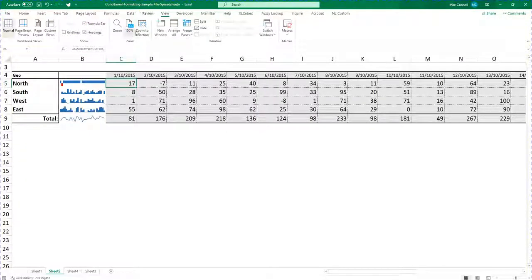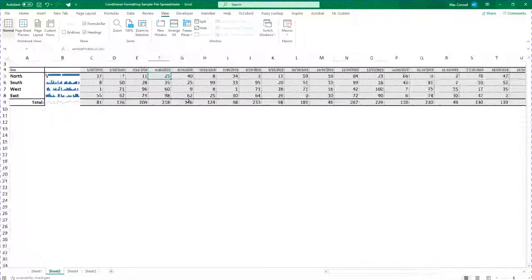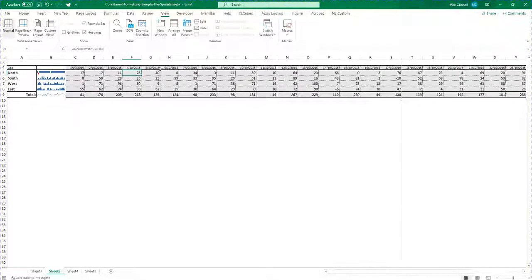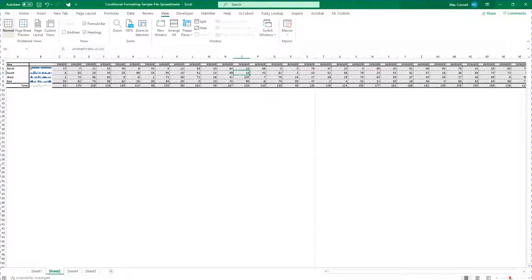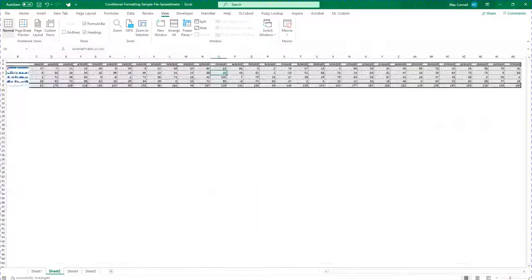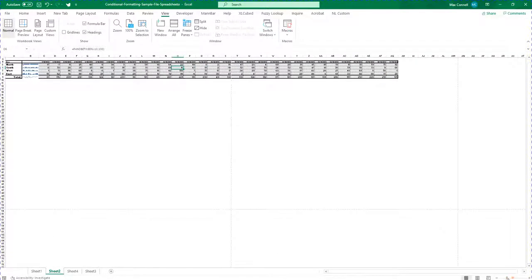Now the next thing that I want to show you is this zoom feature. Now ordinarily when you're showing someone an Excel workbook, by default you can end up looking like this in the zoom function. What we can do is, if we want to quickly show someone a particular cell, let's say this 16 value over here, we can go zoom to selection, and Excel is automatically going to make this really big, so you don't have to fiddle around with the zoom feature and say, okay, is this kind of the zoom function I want? So it's just down here in the corner, so you can either drag it along this bar,